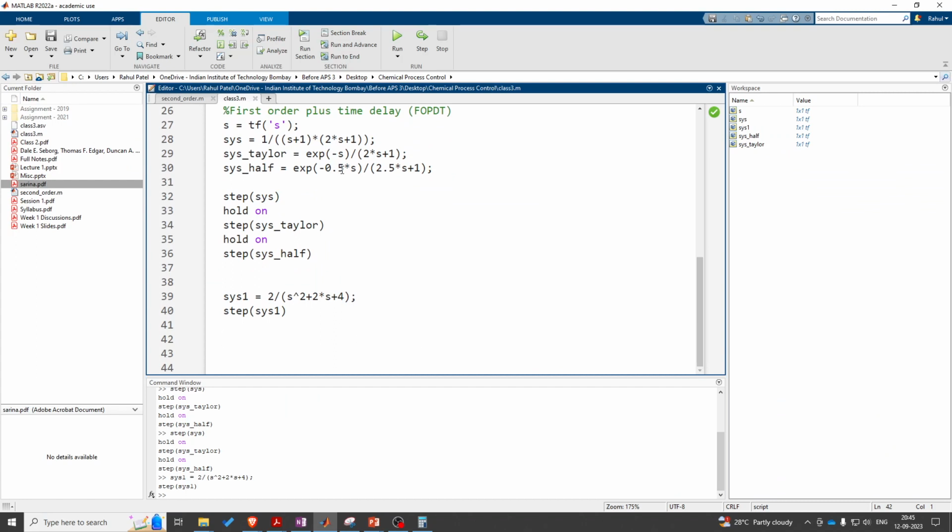I will paste this code in the notes so that if you have access to MATLAB or this toolbox, you can try solving this. So again, FOPTD